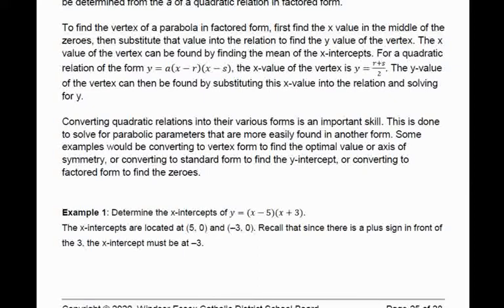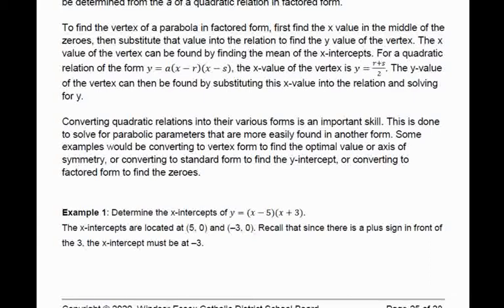So converting quadratic relations into their various forms is an important skill. And you'll be doing that depending on what you need to solve for the quadratic relation. Let's do example 1 to see how this could be done. So if we were asked to determine the x-intercepts of y equals (x minus 5)(x plus 3), first we look at the form,